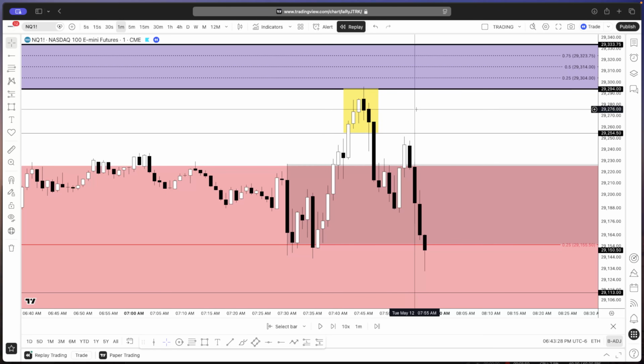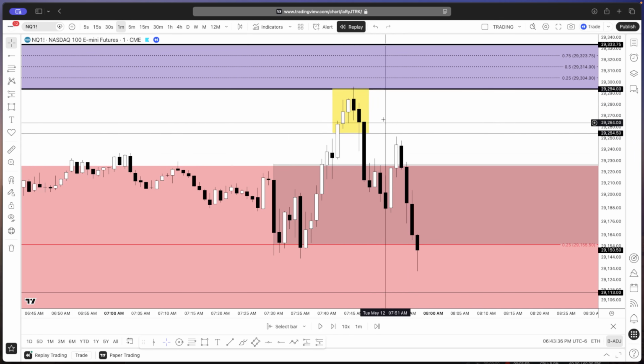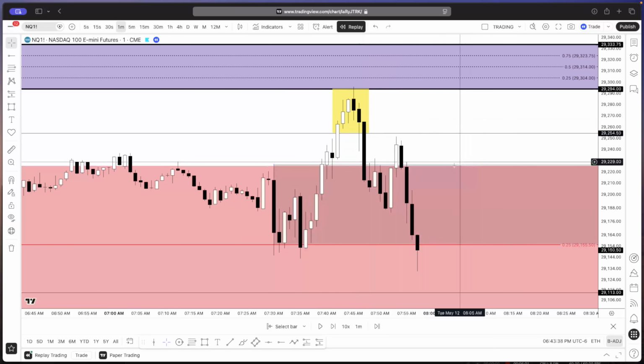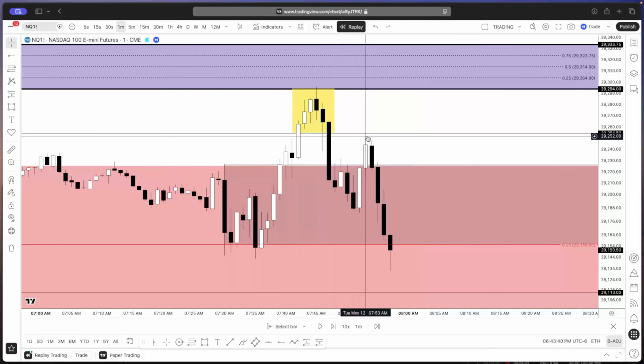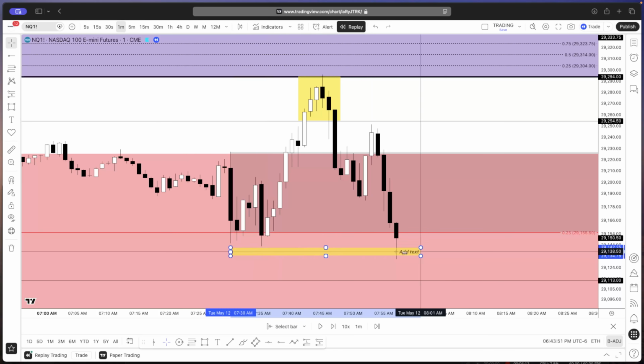If that's true, and if it's true that the market only moves to places where it's seeking liquidity, and if liquidity was actually taken up here, there's no reason the market should be back above this 254 level. So the push up right here, and the failure to get back above 254, is a highly, highly aggressive sign that you're probably going to go run for the lows down here.